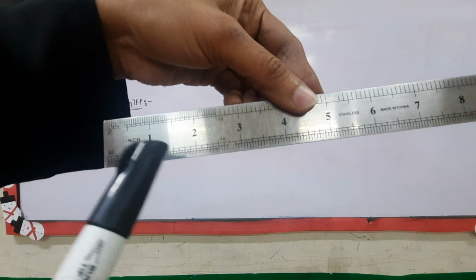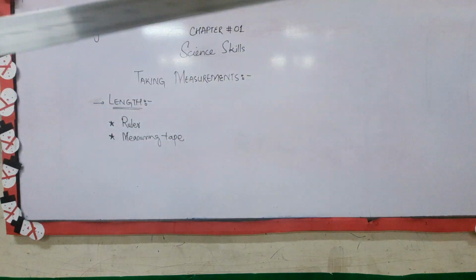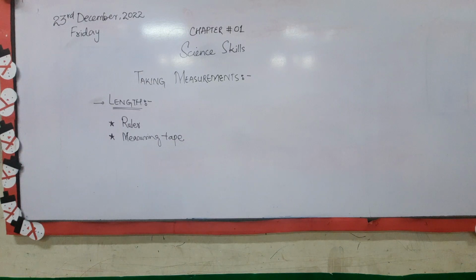divisions in inches, and there are some measuring tapes through which we can measure more distance than what is mentioned on the scale. That is called the measuring tape, that mostly